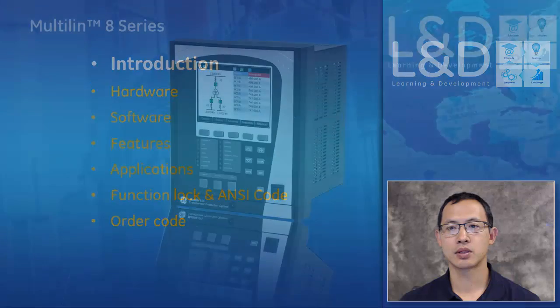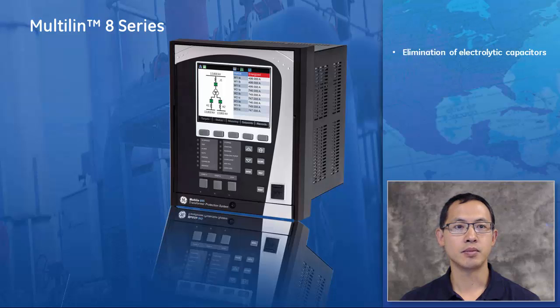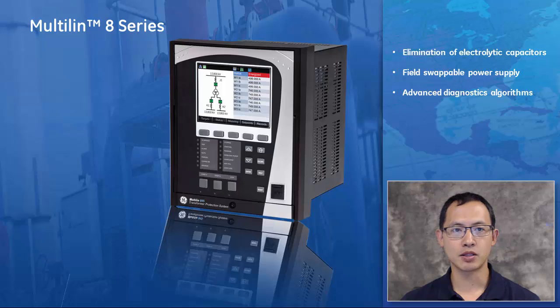Introduction. 8 series is GE's next generation protection and control relays with comprehensive protection asset management functions designed for oil and gas, mining and distribution utilities. There's some new technology and design used in 8 series, such as elimination of electrolytic capacitors, field swappable power supply, advanced diagnostic algorithm, 2 milliseconds protection scan rate,